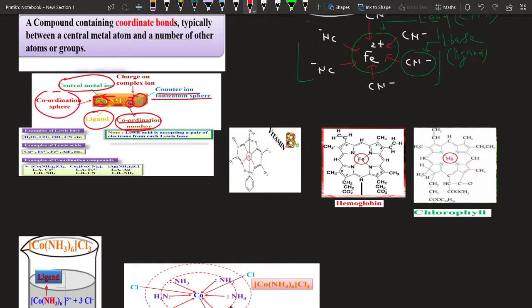You got this? Now, the ligands are molecules which must contain a lone pair of electrons, like water, carbon monoxide, hydroxide, cyanide. These all contain lone pairs of electrons, and they all donate a lone pair of electrons to the metal and form a coordinate bond, and they act as Lewis base. The metal ion in the complex is acting as what? Lewis acid, as they are electron acceptors.